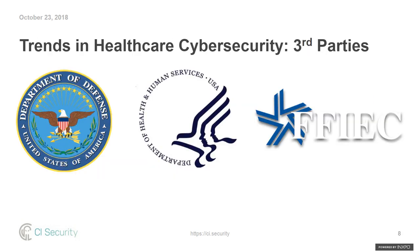Another trend, and this is greater than the health sector, but I'll try to package this the right way. There is an increasing trend towards the expansion of regulatory purview to encompass third parties. So I have these logos here, the Department of Defense. The Department of Defense says if you are a contractor, service provider, anything to the defense industrial base, you have to comply with the requirements in the Defense Federal Acquisition Requirement Supplement, that's DFARS, and